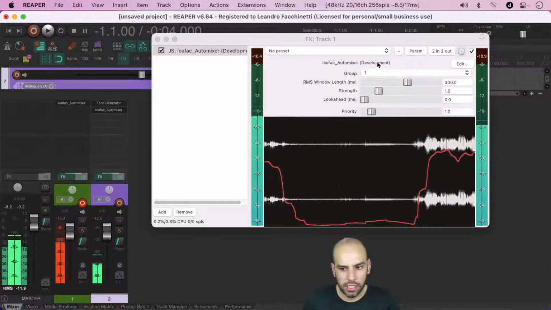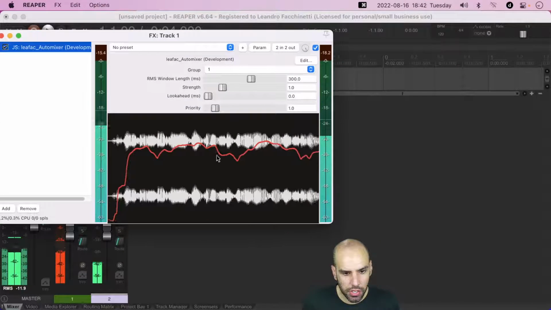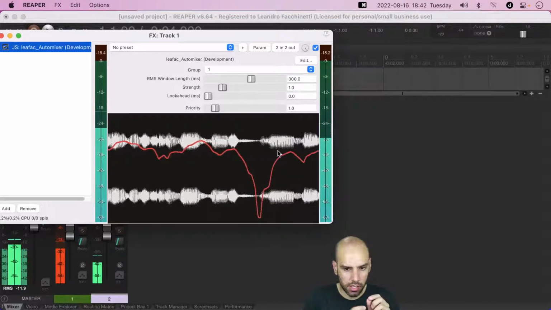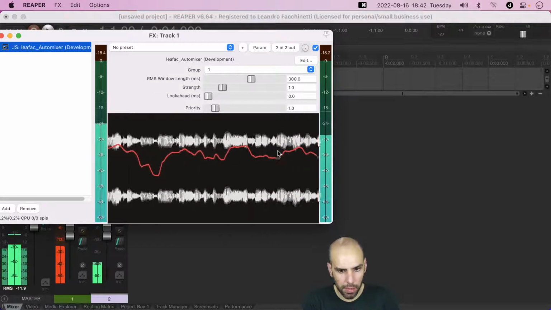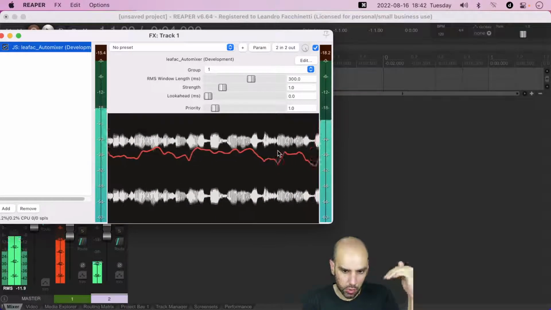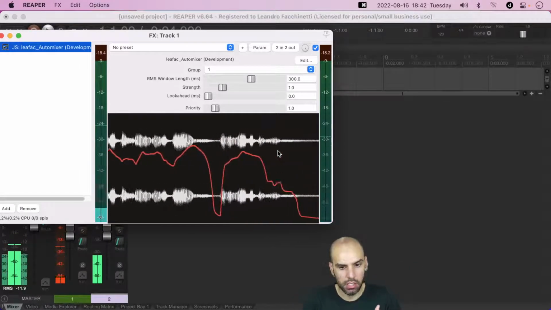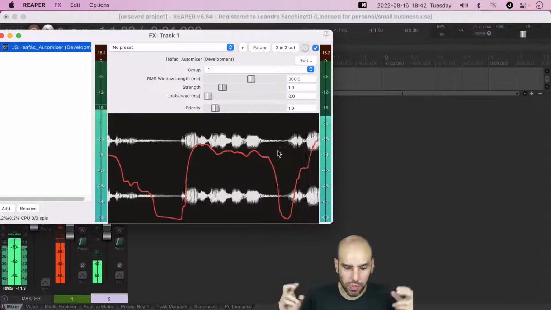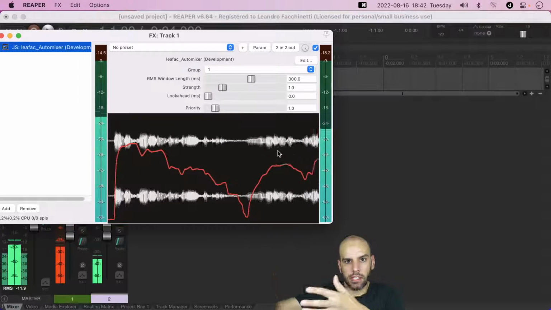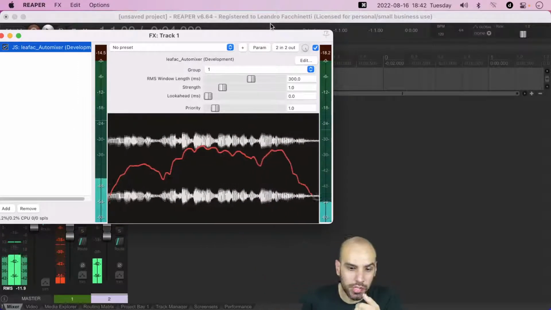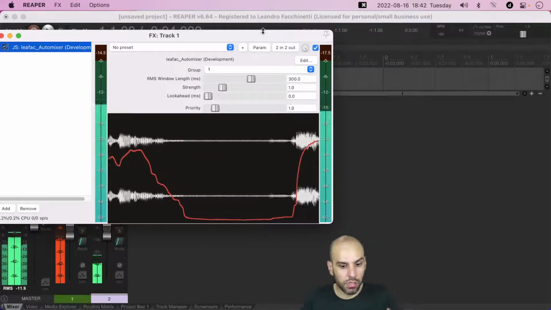So as you can see, the Automixer is already in action. The red is the gain that was allocated to my microphone. You can see that the gain allocated to my microphone goes up when I'm speaking and goes down when I'm not speaking, to make space for the supposed other person who is speaking. And I guess in this case, the other person is the tone generator. So anyway,